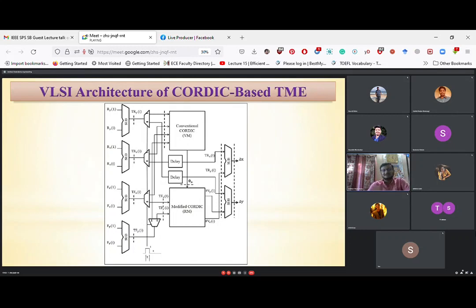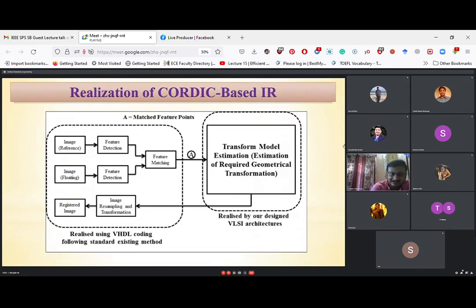After that, just the simple numerical operation which we need to perform on the floating image to get it registered with the reference image. So this transform model estimation, that is the estimation of rotation, this portion we have done, where we have focused. Along with that, as I have told you, there are feature detection and feature matching. All these things are done by using standard procedures.